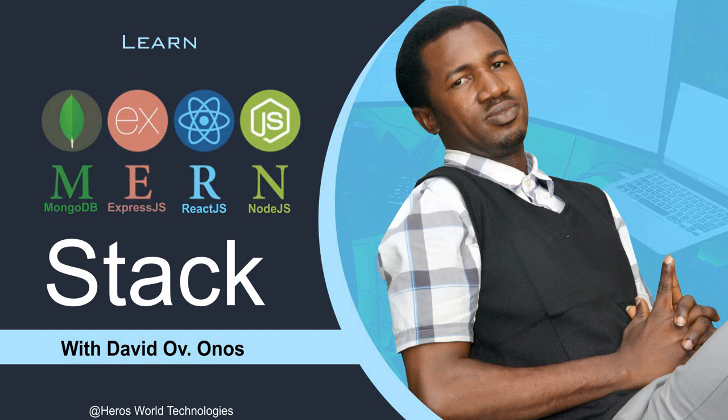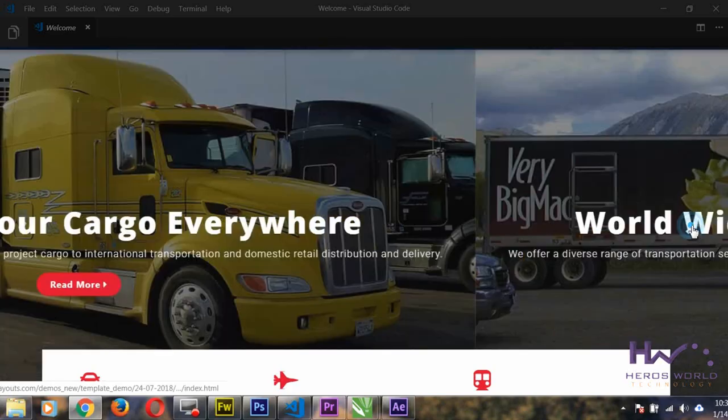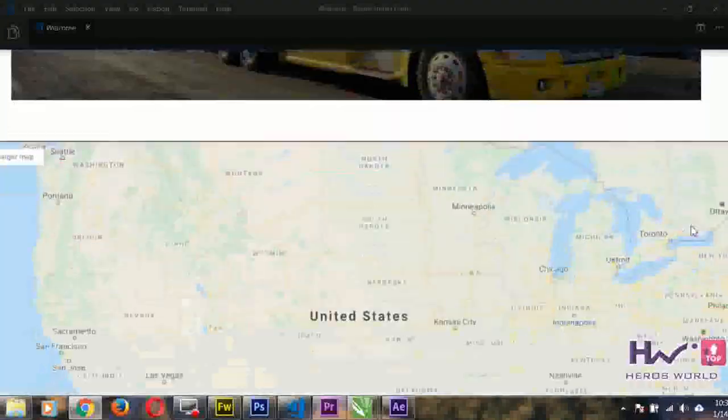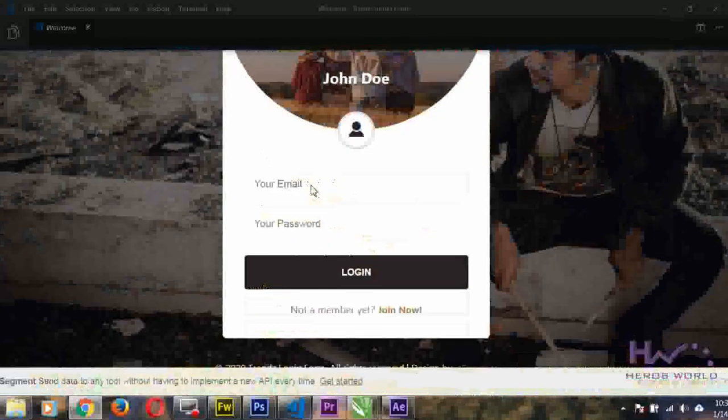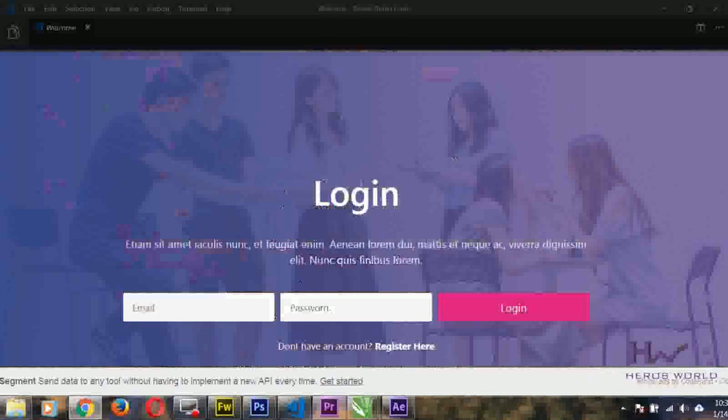Now in this course, you will learn about the MERN Stack. You'll learn how to build really amazing full stack web applications with MongoDB, ExpressJS, ReactJS, and NodeJS. Now you're not just going to learn them in theories, but in real life projects, which we'll build from scratch. That will show you how these pieces all work together. And by the end of this course, you'll be able to build your own full stack web application with these